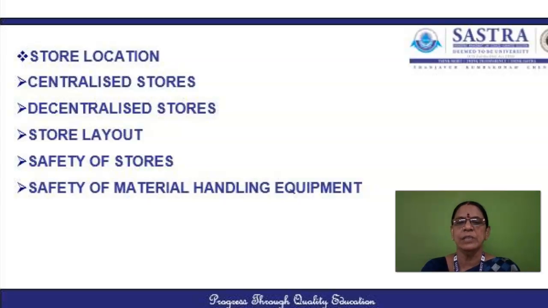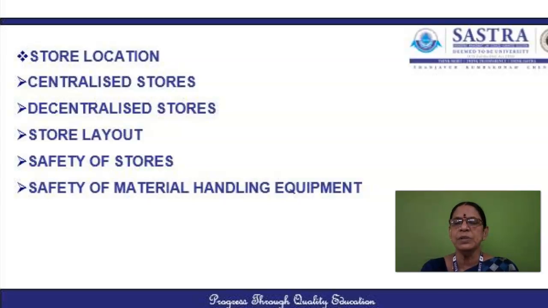Now, safety and security. For security reasons, the storeroom should be away from the main gate of the premises. The storeroom should not be located near the factory wall where it is likely to be scaled by outsiders. So admission should be restricted for outsiders entering the stores. Main stores should be located in such a way that the suppliers' representatives, drivers and others do not have easy access to it.